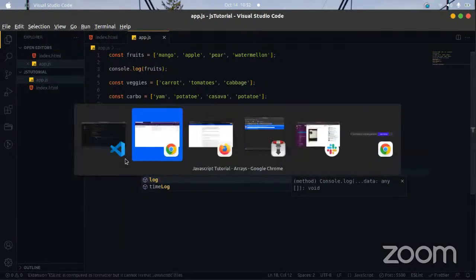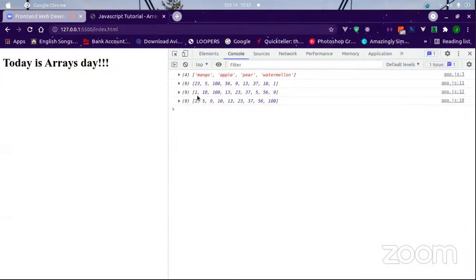Now we see that it actually gets sorted out the way it's supposed to be: 1, 5, 9, 10, 13, 100.